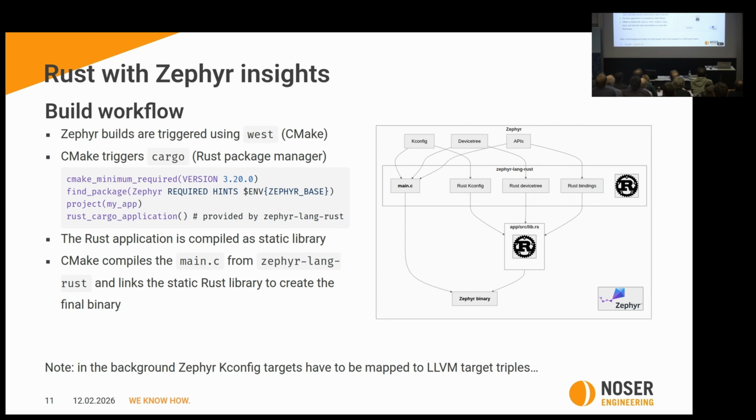This is more or less a simple sketch of the setup. We have Zephyr, with things like Kconfig, device trees, and all the APIs available from Zephyr. We have this zephyr-lang-rust module, which provides a main.c, as we're going to see in a minute. It has some functionality to parse the Kconfig and device tree